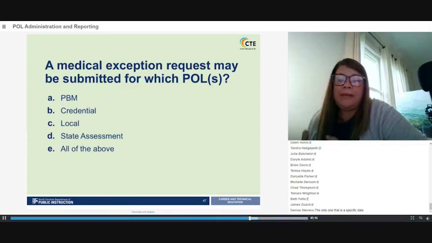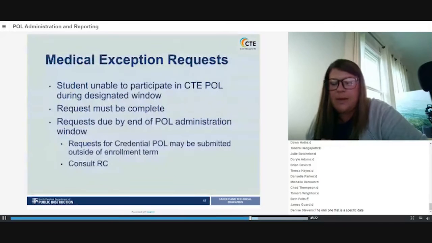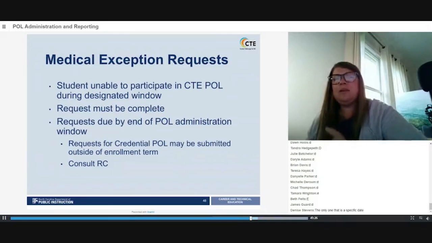So when we look at the medical exception process, and I have some notes here that I can put up. As we look at that medical exception request process, medical exceptions are designated for students who are unable, by definition, to participate in the POL during the designated window. Again, the most common request that we would expect to see is for state assessment because that has a